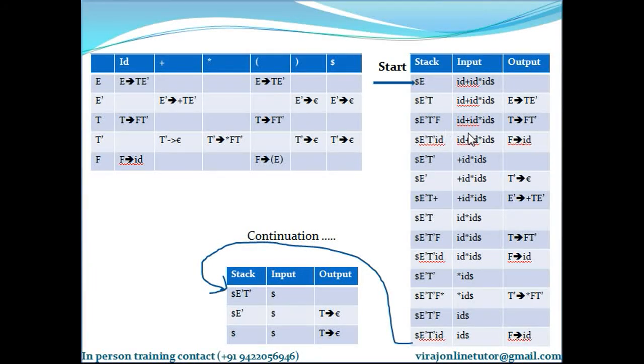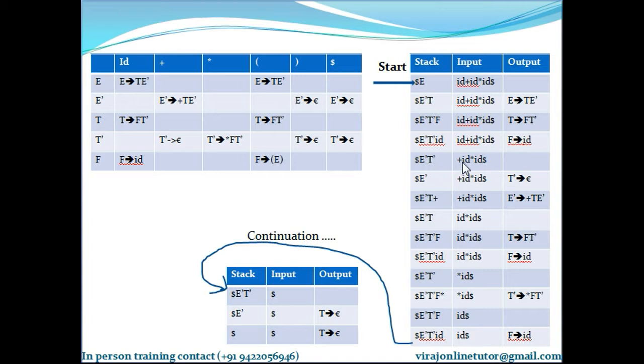Now you can cancel id with id. If there is a terminal on top of the stack, the input symbol will always be a terminal. If it is exactly matching, cancel it out, meaning pop it off the stack and increment the input pointer. In the algorithm I mentioned that if the topmost element of the stack is a terminal and it matches the current input character, then pop that element from the top of the stack and increment the input pointer, which is as good as cancelling it out. So I cancelled id with id, and what remains is this.